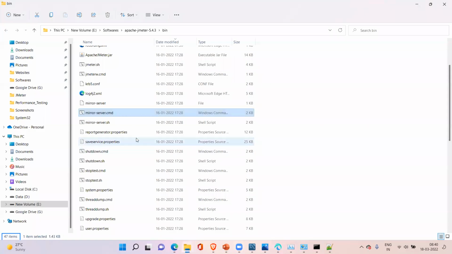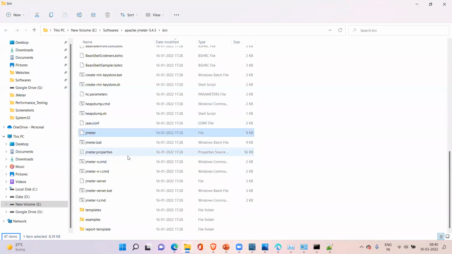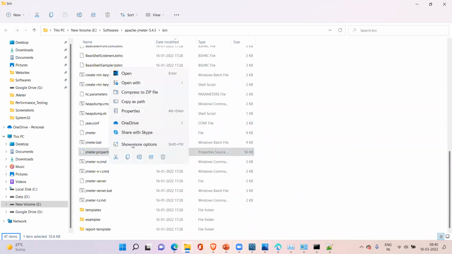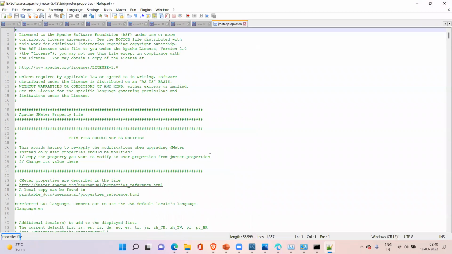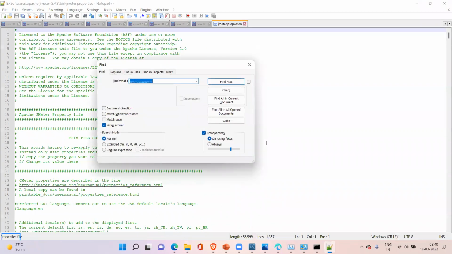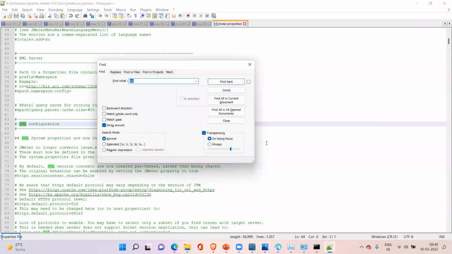Go to your JMeter bin folder. There will be a file called jmeter.properties. Open that in Notepad, Notepad++ or any of your favorite editors, and search for SSL or RMI.